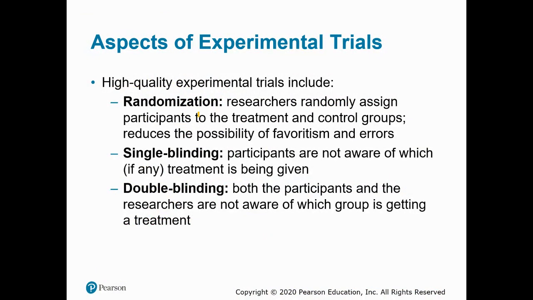So some further characteristics of experimental trials help us understand, okay, that was probably a really good experiment. The results of that experiment are probably reliable information, probably reliable evidence. So one of the qualities is randomization. And randomization means that the researchers randomly assign the participants to either the treatment group or the control group,